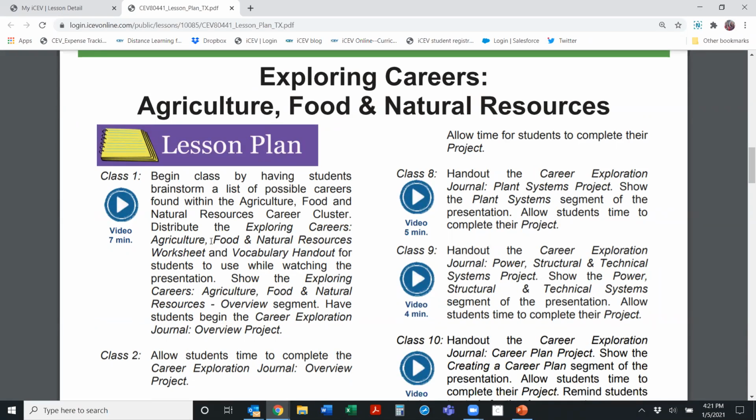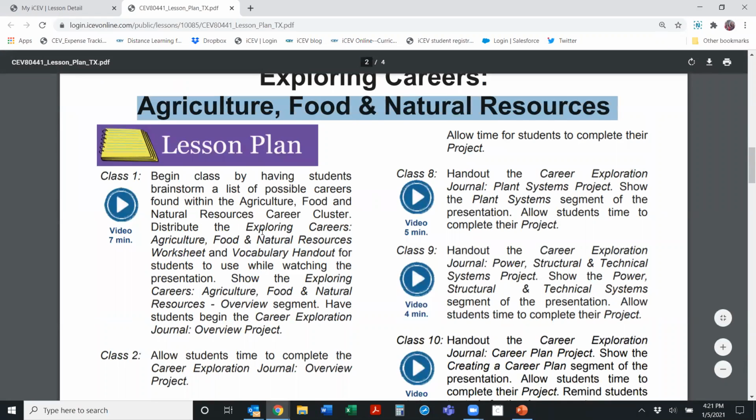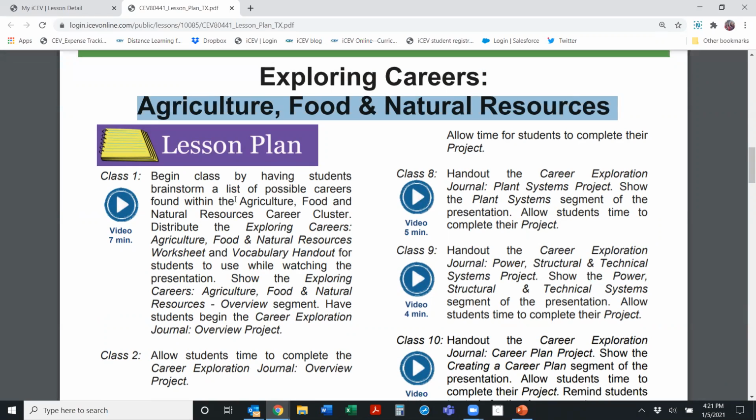But then on this next page, it shows you the lesson plan and gives you all the suggestions for covering this topic of agriculture, food, and natural resources. They always talk about how you could use the media, and the media is either going to be a video or a PowerPoint.